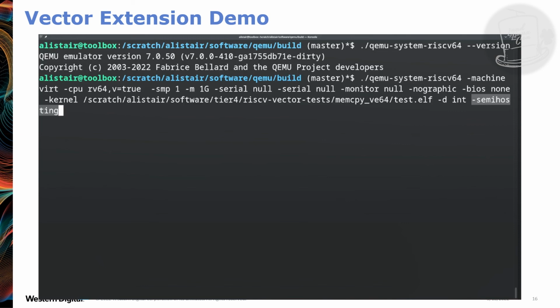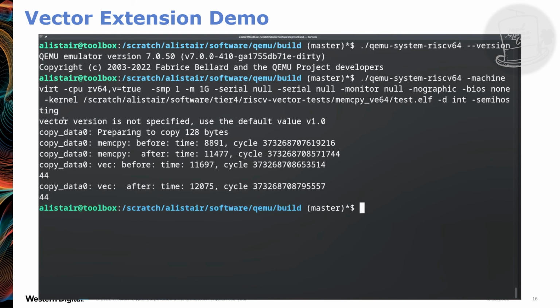So by enabling semihosting, when I run this ebreak, QEMU gets a system call, and the guest can then do things, like exit with a return code, open a file, or open standard out and write to it. So that's why there's no UART. The guest in here is not touching any hardware registers. It's just doing system calls to print the output, which is just because I was lazy. That's the main reason to do this. It's just easier.